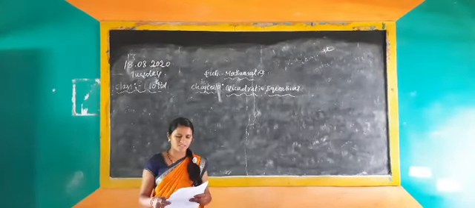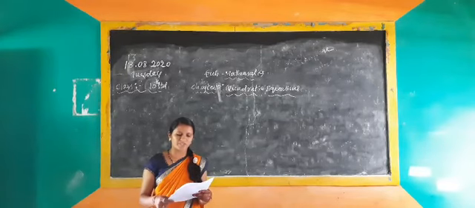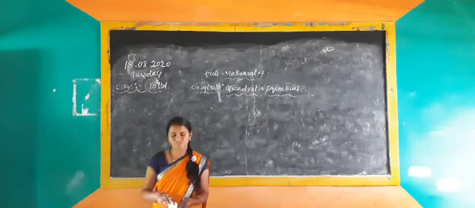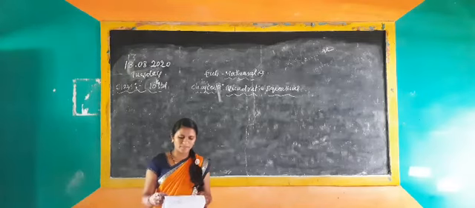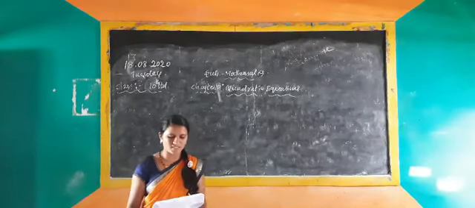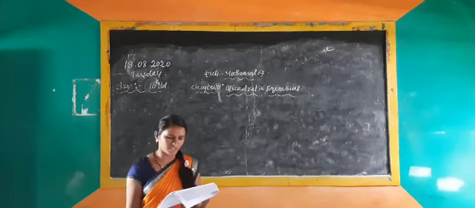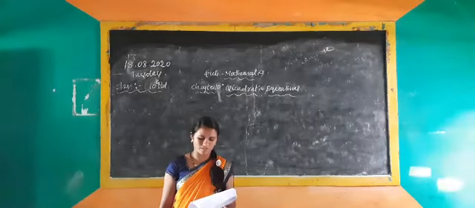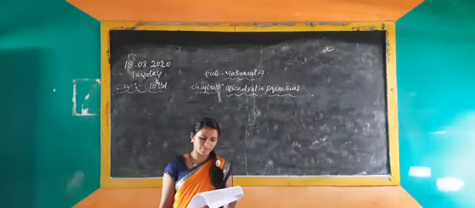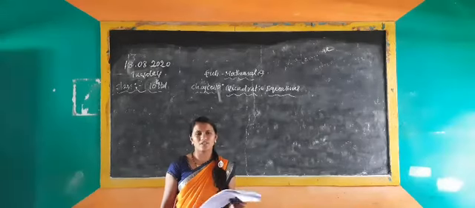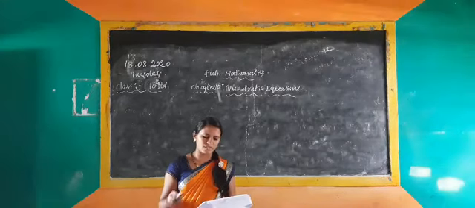Last class we discussed exercise 10.1. In that, the first main question was to check whether the following are quadratic equations or not. And I also solved the second main question, represent the following situations in the form of quadratic equations. In that first problem I solved. Yes or no? In the area of the rectangle problem, you just wrote whatever is there, took the values and solved.